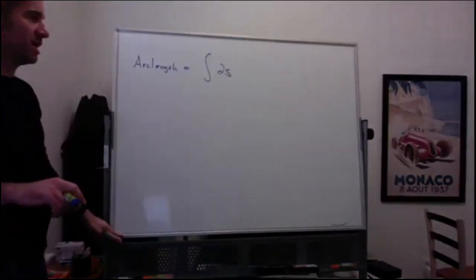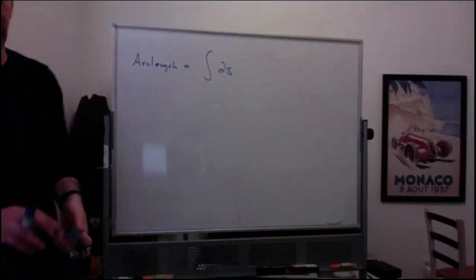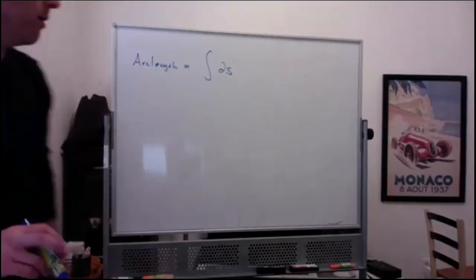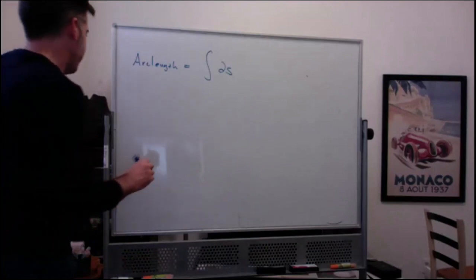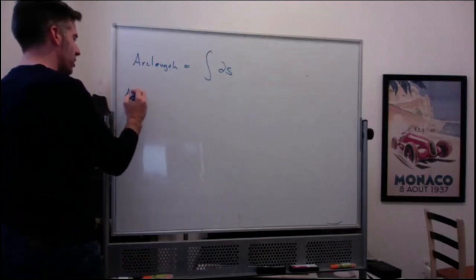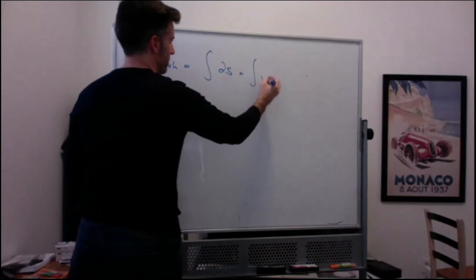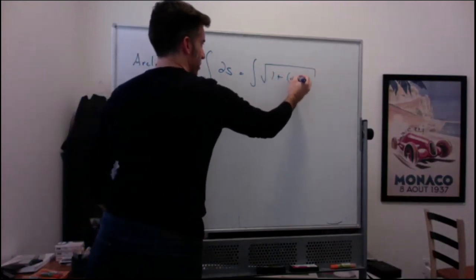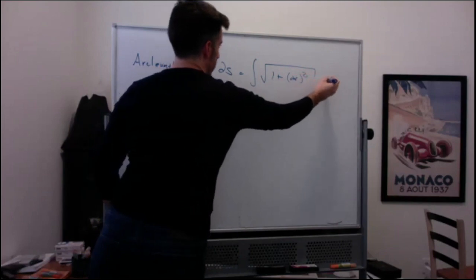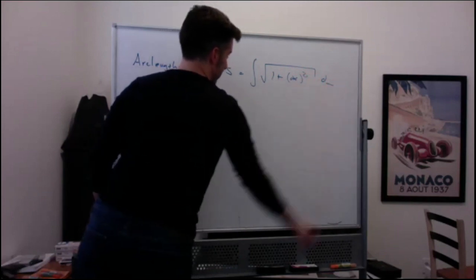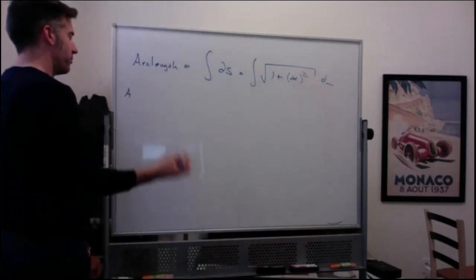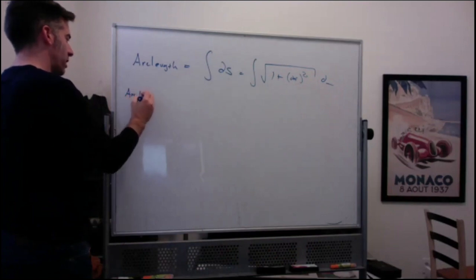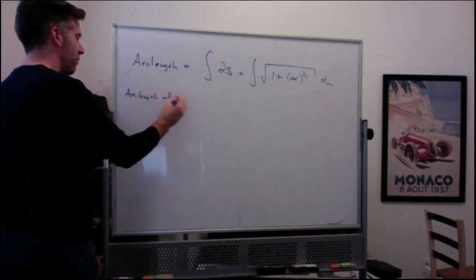I really want to do one example for you guys because there are two different things that happen. So let's say I want to find the arc length, and this is the integral of the square root of 1 plus your derivative squared, d whatever makes sense. Okay, so I want to find the arc length of,